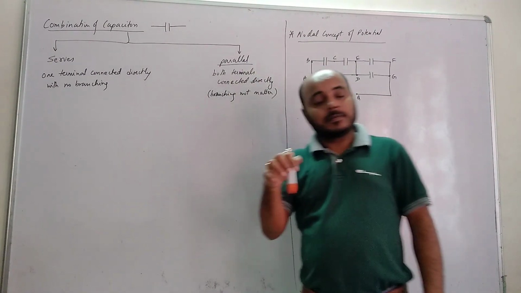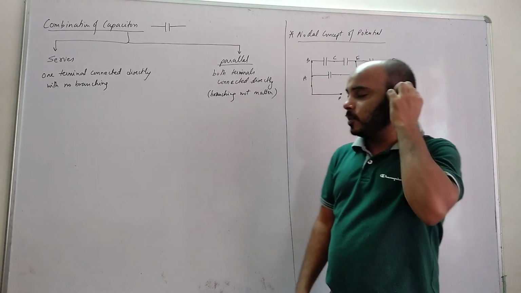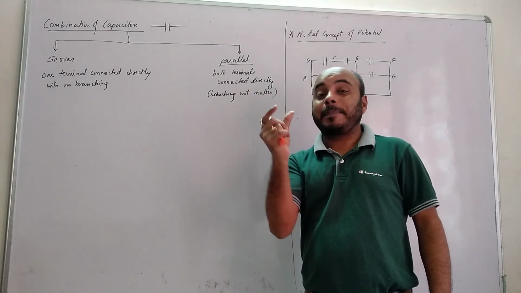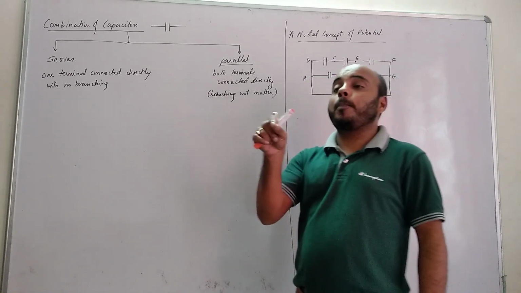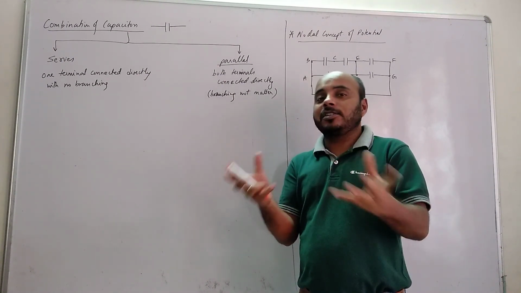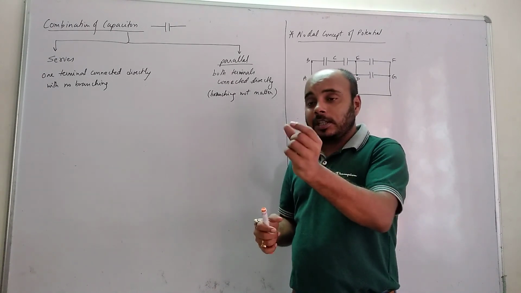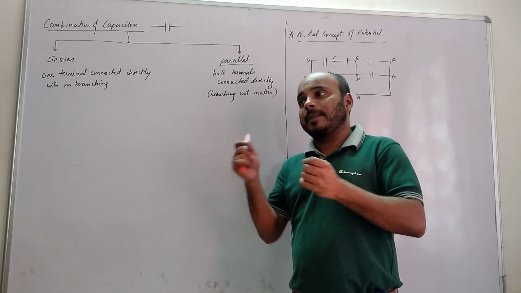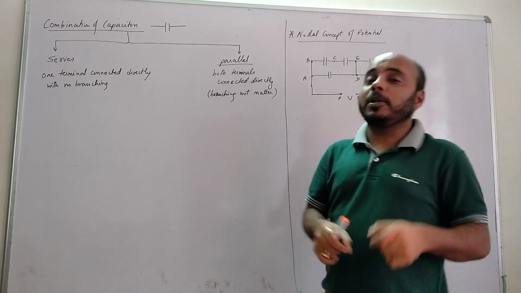Now what is the capacitor and what is the capacitance? A capacitor is a device. It has a physical existence, which means I can touch the capacitor, hold it in my hand, and see it. But capacitance is the property inside the capacitor. I cannot see capacitance in real life. It is a theoretical concept, just a property. I cannot touch it or see it. What we can see is a capacitor. So a capacitor is a device which possesses the property of capacitance.